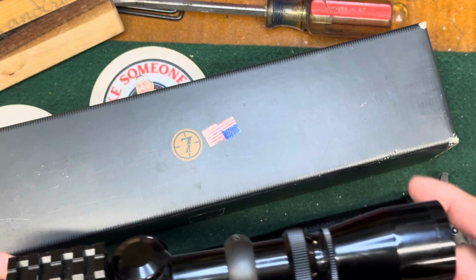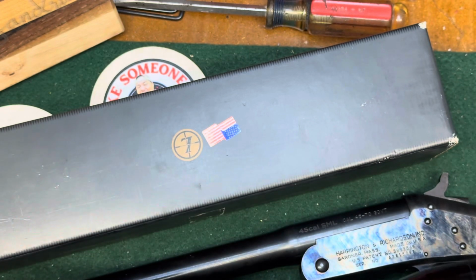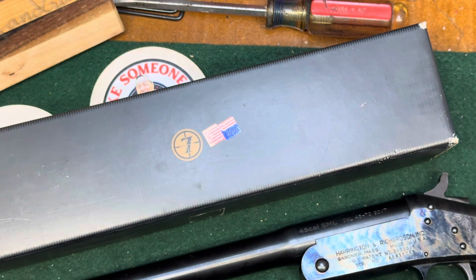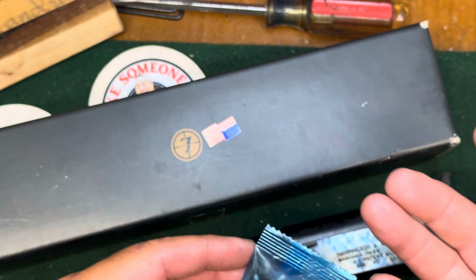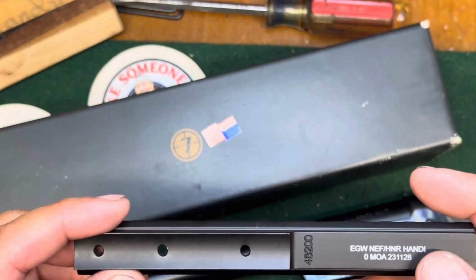duplex. I don't think this is a shotgun. Let's see. Let me look quick. No, it's a standard. I have a few of these in shotgun, and shotgun actually would be more appropriate, but I wanted this reticle. This appears to be the screws for this, along with a bit. And this is a 0 MOA EGW